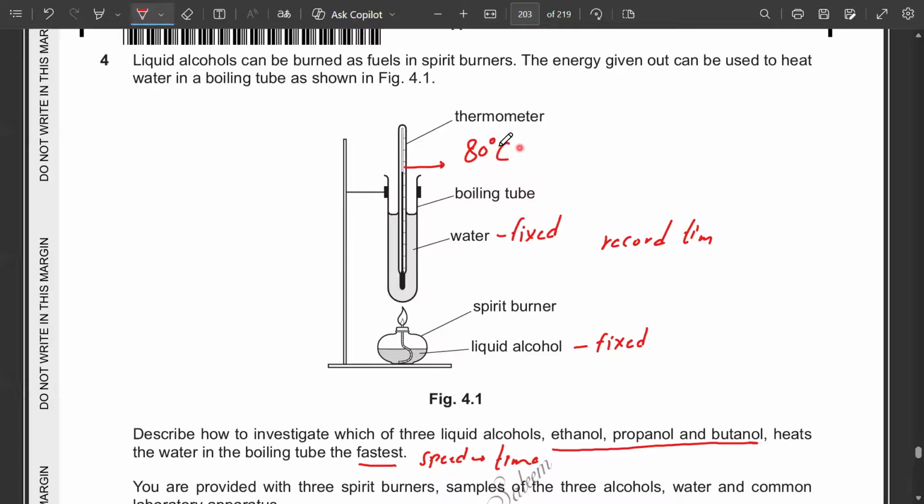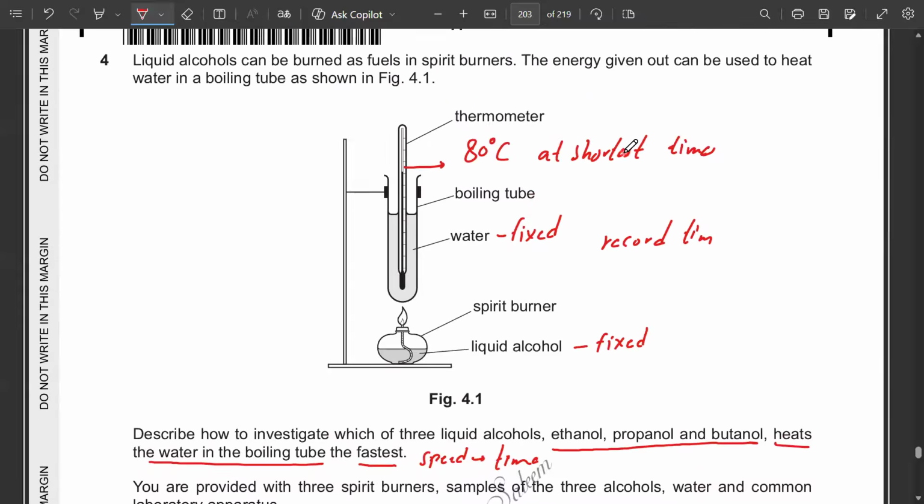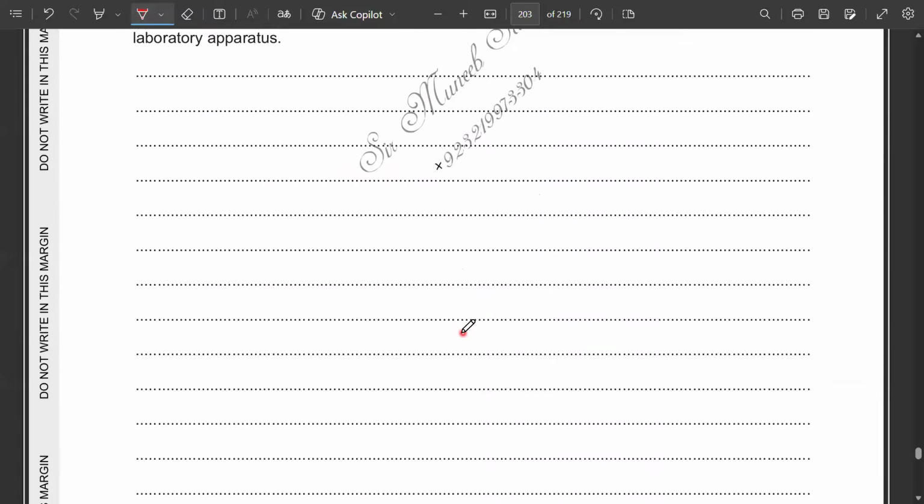So that alcohol which gives 80 degree temperature in the shortest time will be the fastest heating of the liquid. We have to find the heating, not the boiling point, just the heating. You could say the alcohol which provides 80 degree temperature in the shortest time will be the one providing the fastest heating. So what you can write over here,